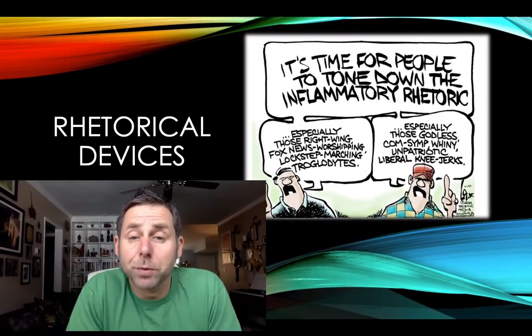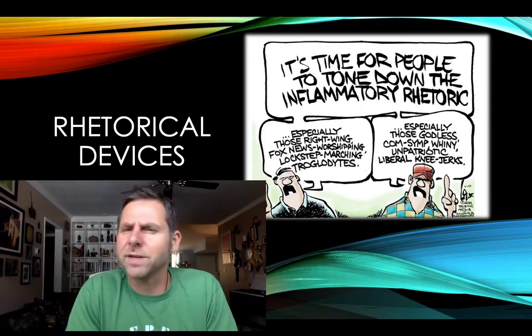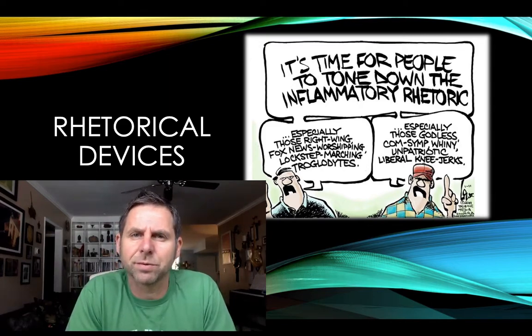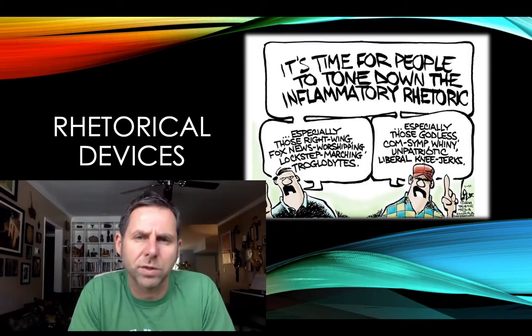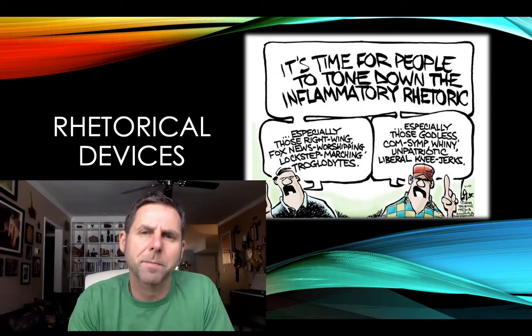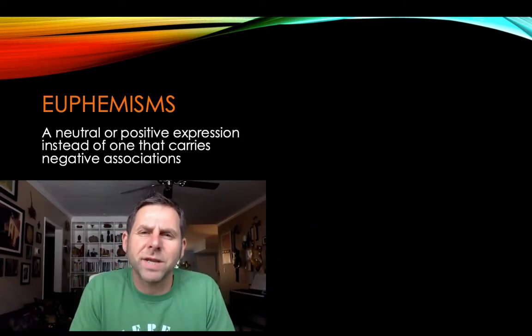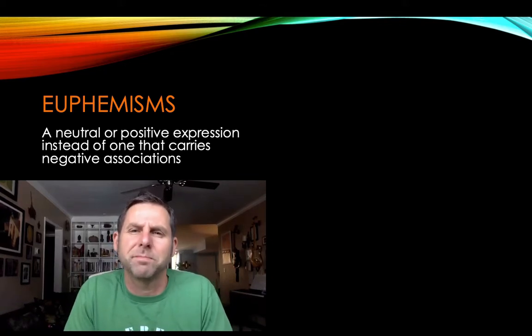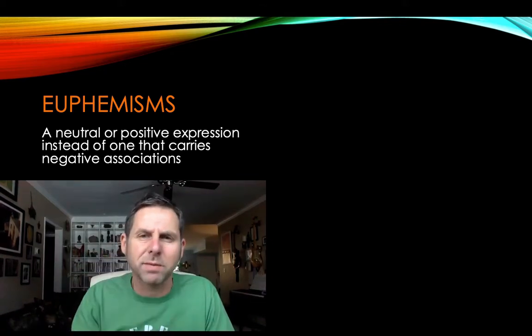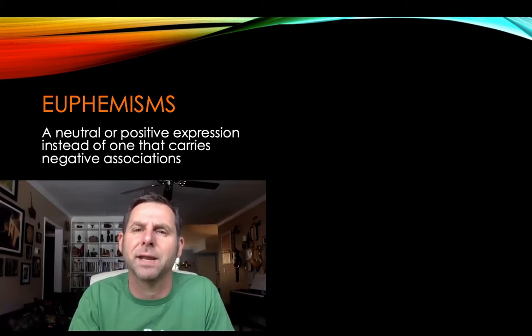Our next topic is rhetorical devices. And rhetorical devices, as I said before, are essentially tricks to get you to believe something when you don't have a reason to through different uses of rhetoric. Our first one is the euphemism. And euphemism essentially is you're taking a word that just seems really bad and you still want to be able to talk about it and you want people to feel better about it. So you give it a kind of a different name.